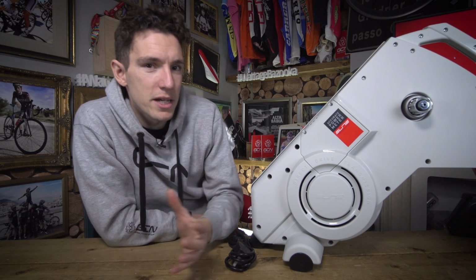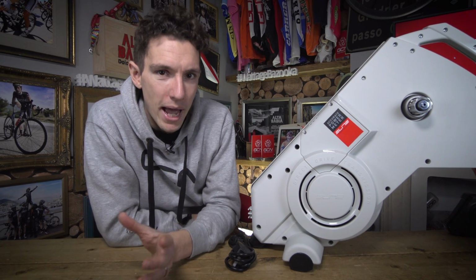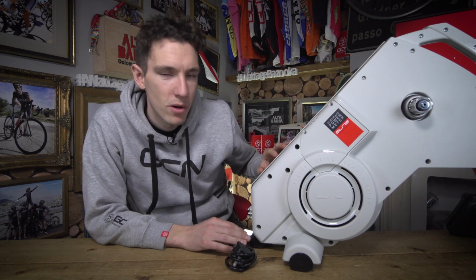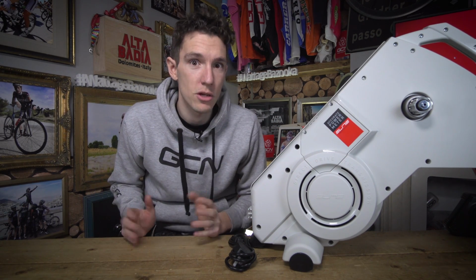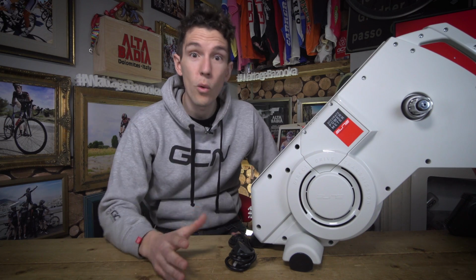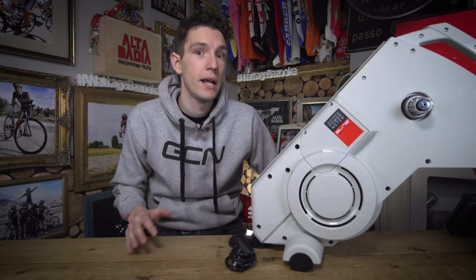Or, more conventionally perhaps, you ask the trainer to mimic a certain gradient and then you use your gears to tailor your power output, kind of like how you would do on a normal trainer. But undoubtedly, the best thing about smart trainers is their ability to automatically alter the resistance that you feel at the pedals. So that might allow you to follow along to a course that you've already ridden, or indeed would like to ride at some point, or just take advantage of those third-party apps that we talked about earlier, like